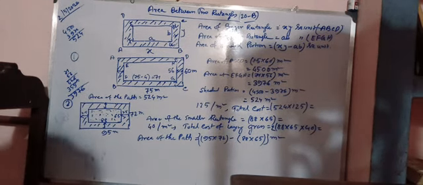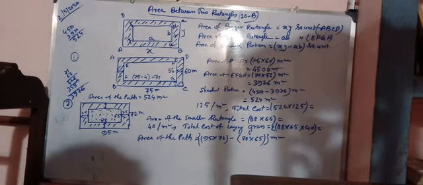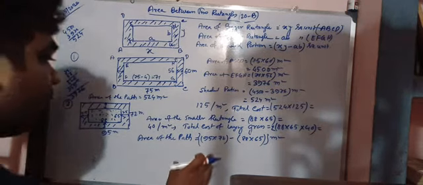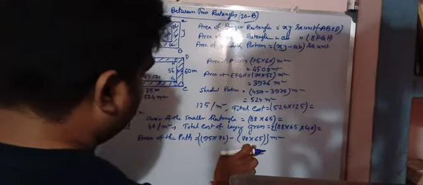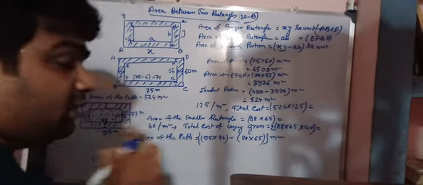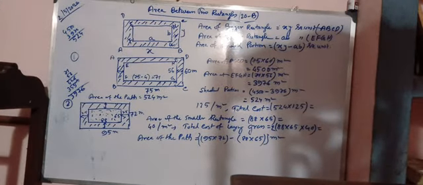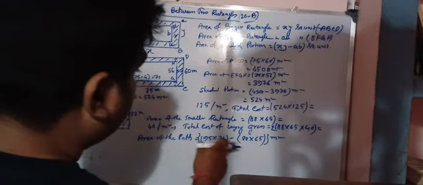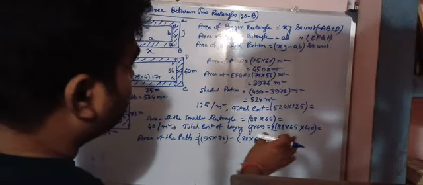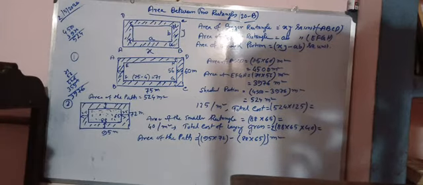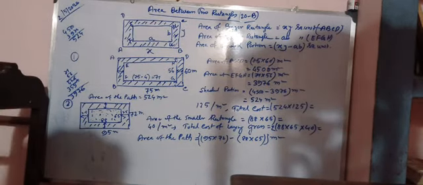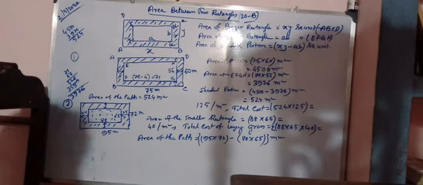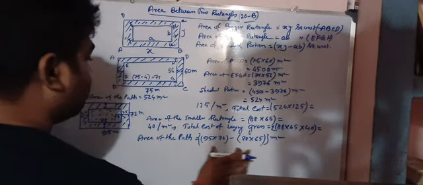That's your work. If you find any mistake, right here or here, you can ask me, sir, in this step, is it correct or is it right? You can ask me. But the calculation you have to do on your own. Otherwise, we can't complete it. Next, so this is the path.